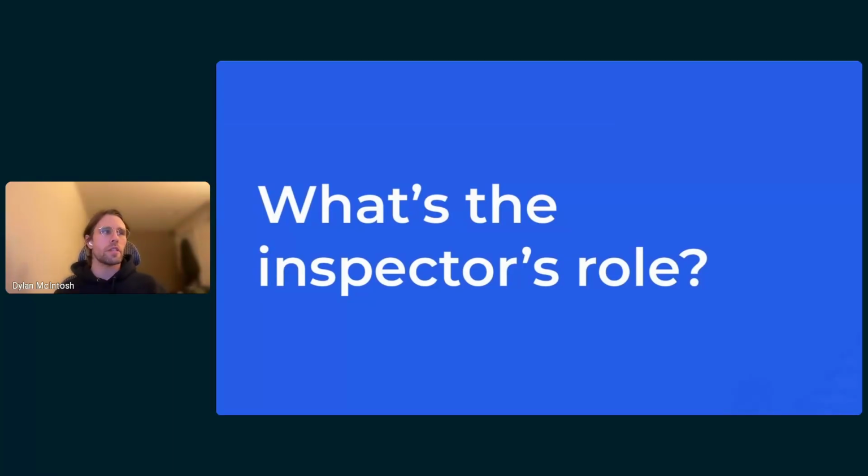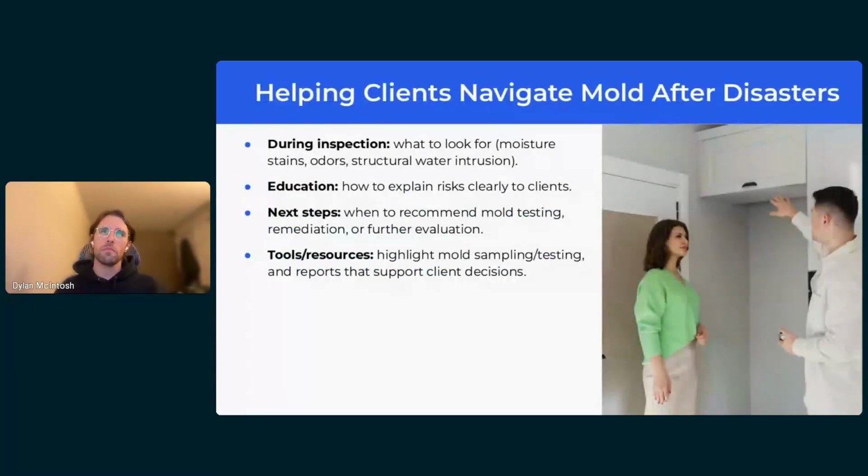So what is your role as an inspector? So as someone who is testing professionally for mold, assessing environments for water damage and moisture, what can you do to help in these situations? Most of these are going to be outside of your typical real estate transaction inspection. This would be a standalone service that you could provide to past clients or completely new clients to do inspections after disaster. So you would be doing detailed moisture evaluation, looking for active current moisture with things like an infrared camera or a moisture meter,